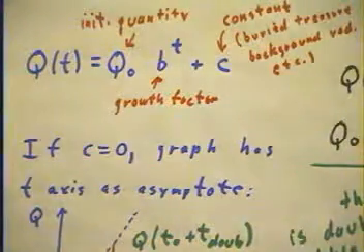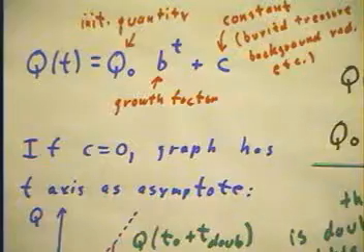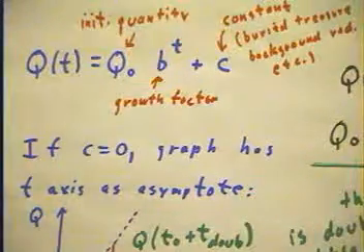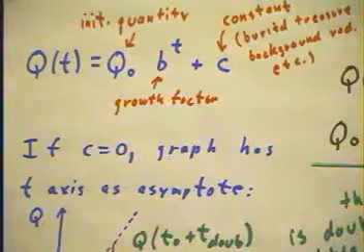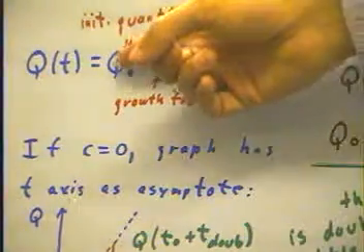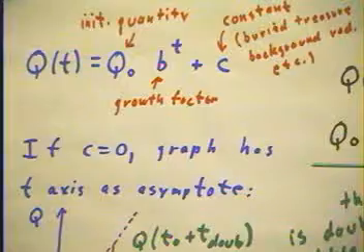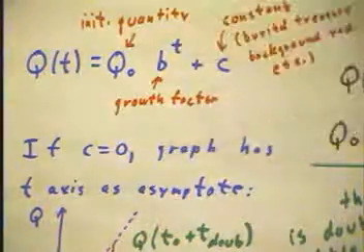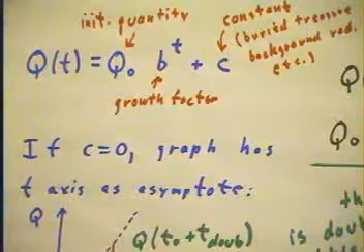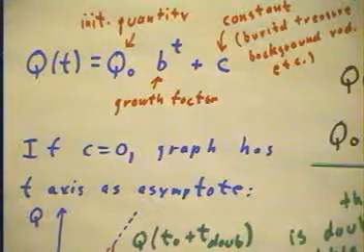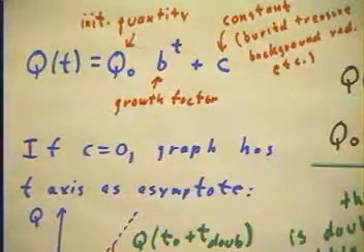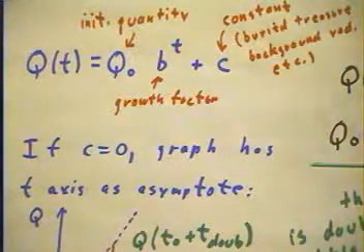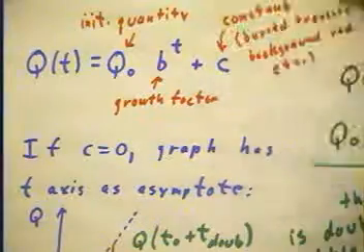More generally, we're going to say that an exponential function is a function q of t that's characterized by basically three things. We have an initial quantity, which we call q sub 0, q naught. We have a growth factor b raised to the t power. And just to generalize things a little more, and your text doesn't do this, a lot of authors don't do this, but consistent with the way we generalize other functions, I'm going to say also we can add a constant